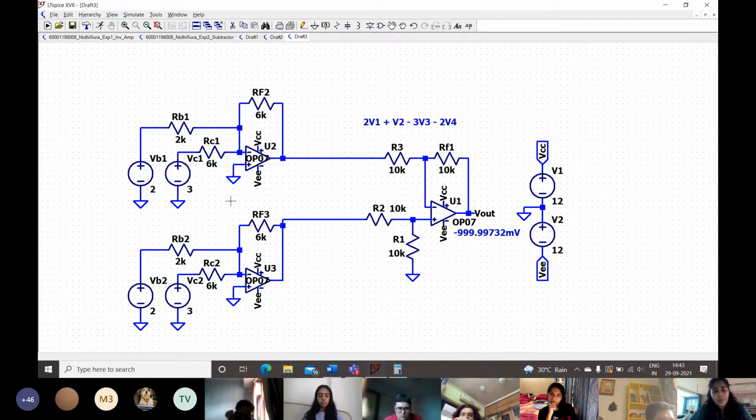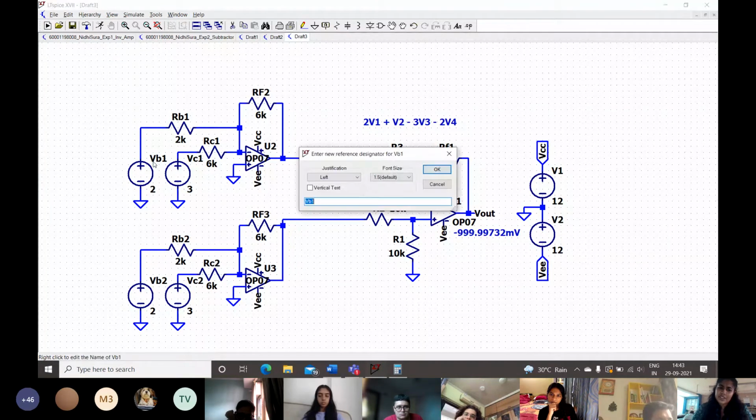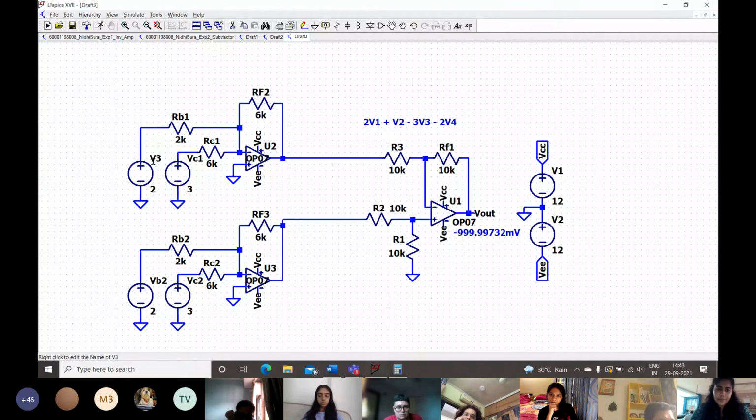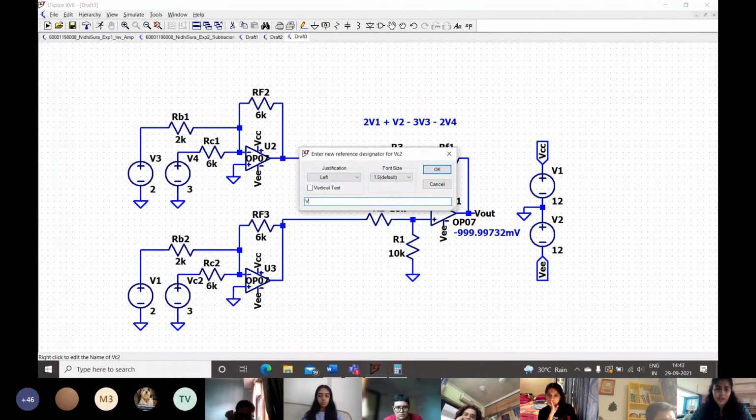Now we're going to have to decide the gain of these first. So for this, we're going to have to take an RF by R. I'm just going to rename these voltages to V3 and V4, and this is going to be V1 and V2.